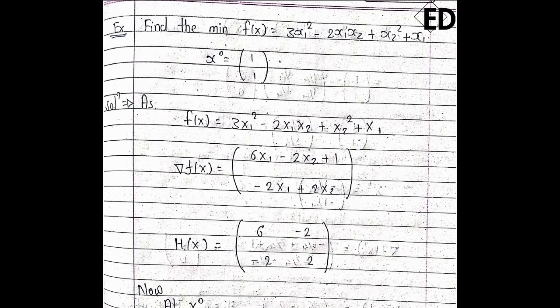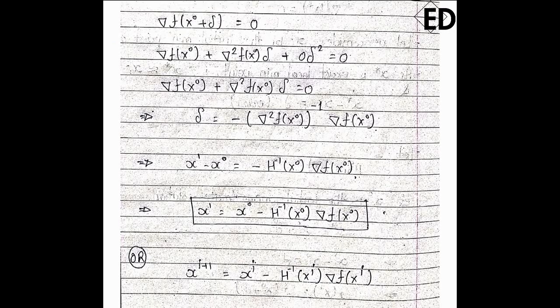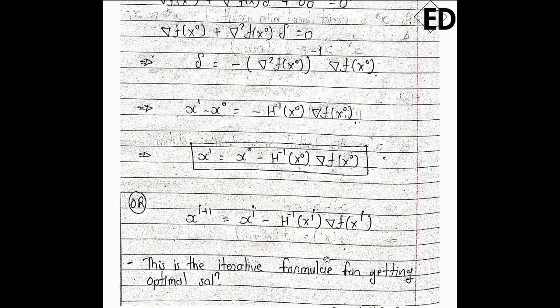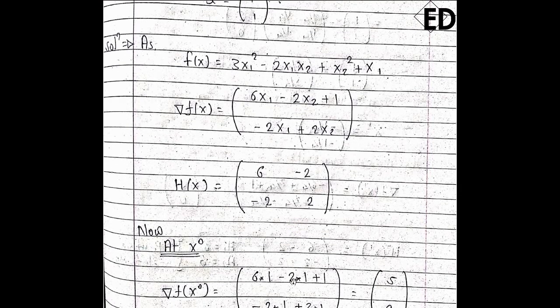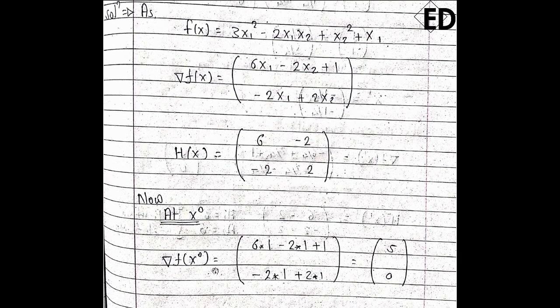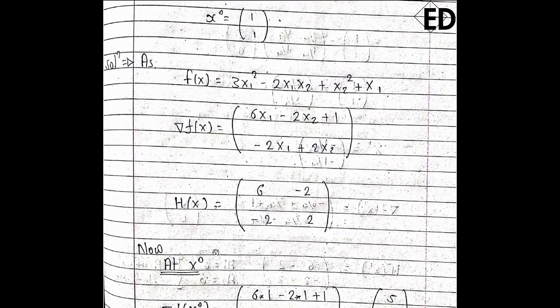So we know what terms we need to calculate for solving this question: the gradient and the Hessian matrix. We need to calculate these two functions, so let's calculate them initially. For calculating the gradient, we partially differentiate this function initially with respect to x1 and later with respect to x2 to get our gradient. After getting the gradient, we again differentiate to get our Hessian matrix, as the initial approximation point is given to us.